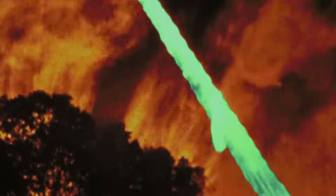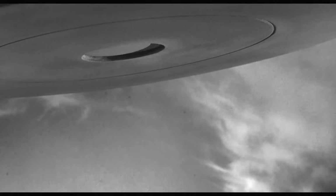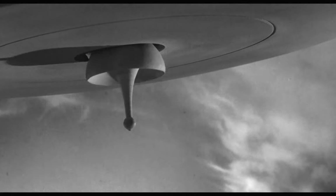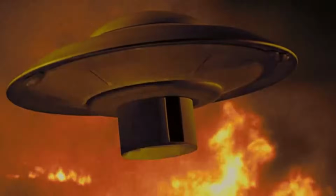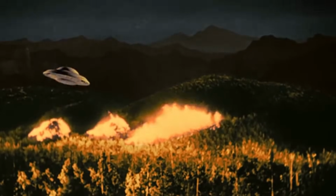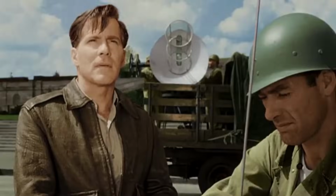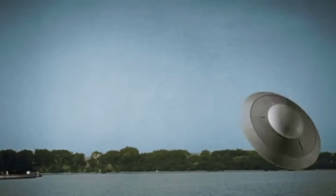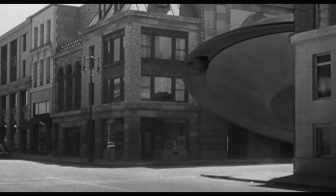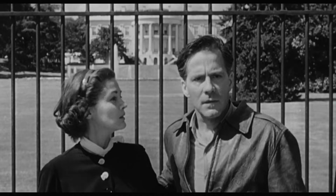There was something almost sacrilegious about it, violating the untouchable status these buildings held in the public imagination. But that transgression was precisely what made the invasion feel real and threatening. If aliens could destroy the Washington Monument, nowhere was safe. The choice to target Washington, D.C. specifically wasn't accidental. These weren't just buildings, they were representations of American permanence and strength. Watching them crumble suggested that nothing was truly secure, that even the most powerful nation on Earth could be vulnerable